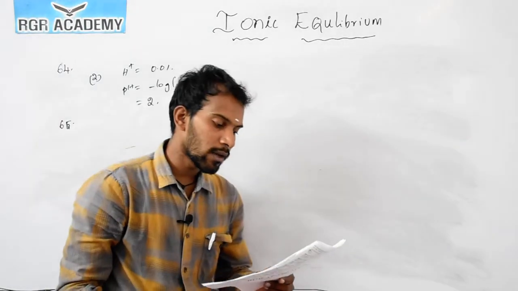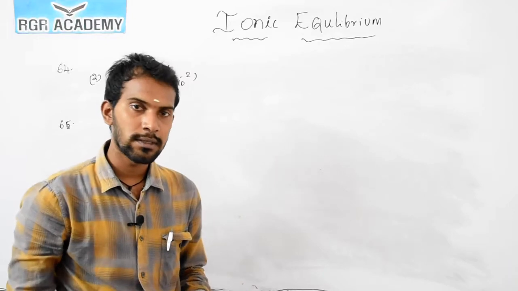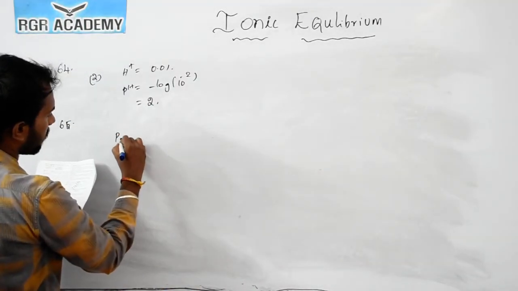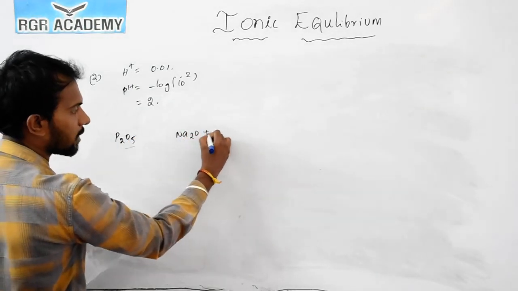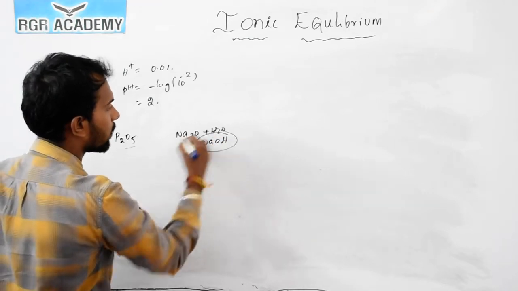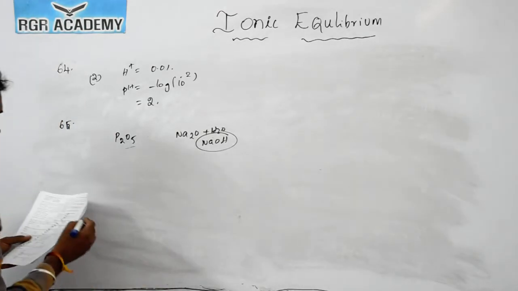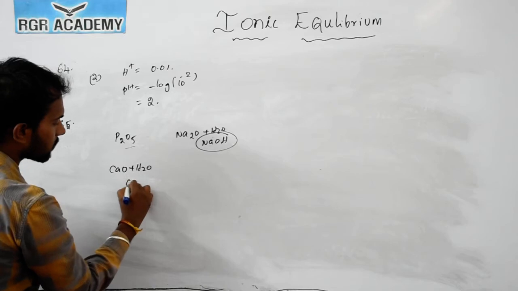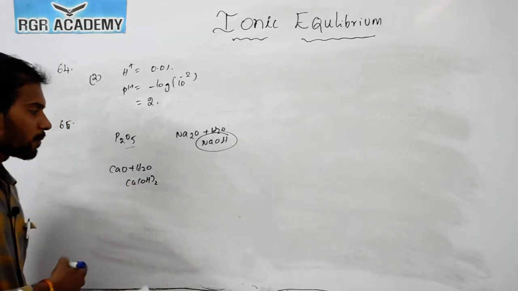So which of the following will react with water? When it reacts with water, the pH is less than 7. So now see these options. Option A, P2O5. Option B is Na2O. When it reacts with H2O, it forms NaOH. It is a strong base. So base means it has pH greater than 7. Now the next one is calcium oxide. Calcium oxide reacts with H2O, it forms calcium hydroxide. This hydroxide is also strongly basic in nature.